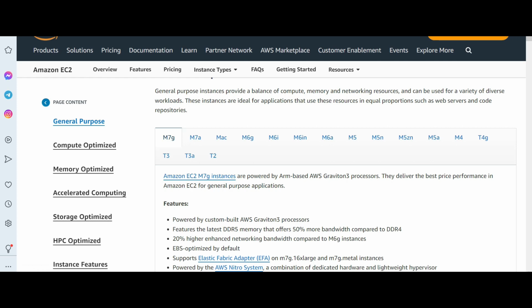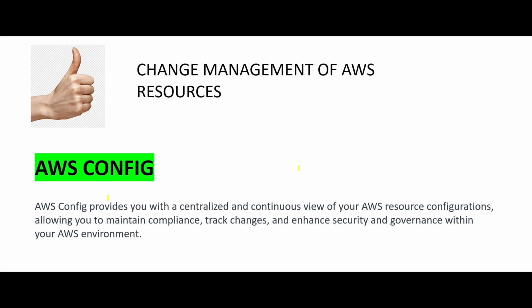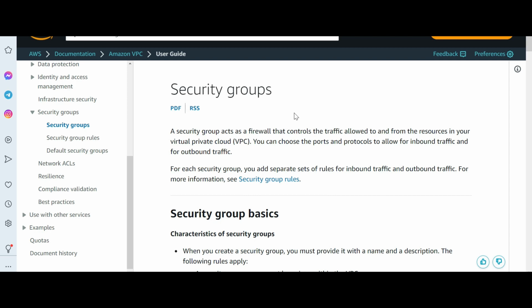So suppose your company says, the large instances you should not be using. For example, something like accelerated computing, they say you should not be using it. So with this centralized solution, you can ensure that compliance is there. And you can also look at, in spite of saying not to use it, who did use it, and it gets reported. It is also good from a security standpoint. If someone says these are the range of IP addresses that you should use in your security group definitions, but you use something else as well, it gets reported.